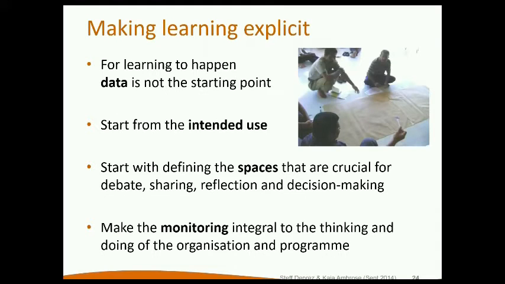Sorry, I'm just going to skip to this one. Just to finalize with making learning explicit: if we go back to that slide near the beginning, creating the balance, the person on the tightrope between accountability and learning. Learning's not just going to happen on its own. It has to be organized and planned for and created, and it has to have its own calendar, and it's got to be the right time at the right place with the right people. But outcome mapping also pushes us to really look at utilization-focused monitoring and evaluation, right?